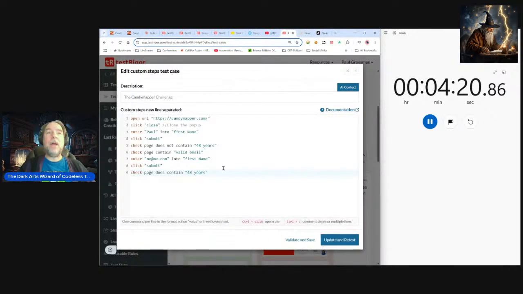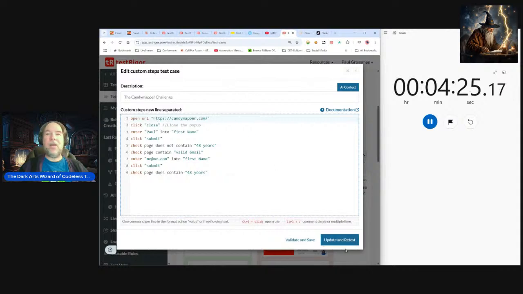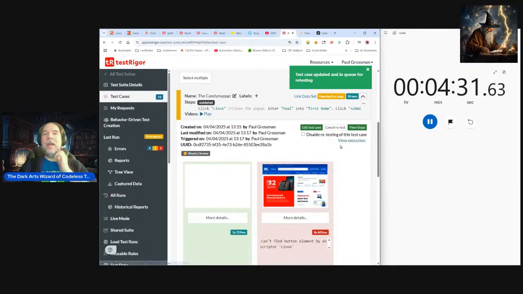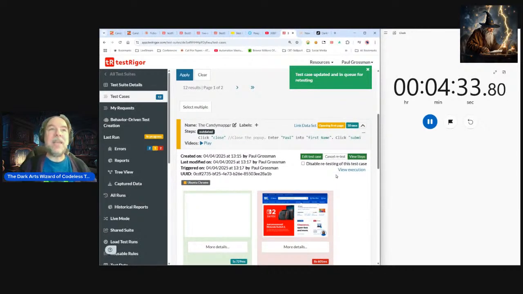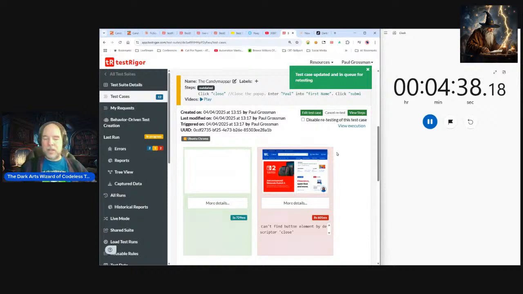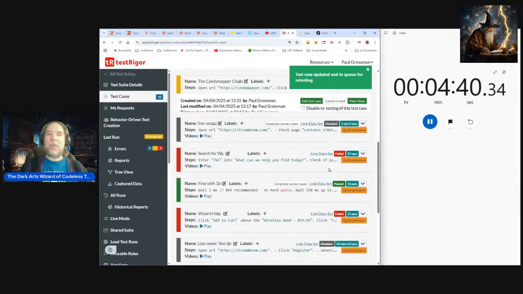But I'm going to go back over here, and I'm going to update and test because I'm navigating over to this website. And let's see if I can get this done. How quickly can I get it? It's opening up, and the last time I ran it took almost 10 seconds for it to execute. So we're going to watch this and see what happens.